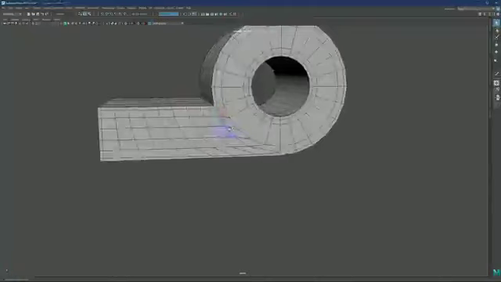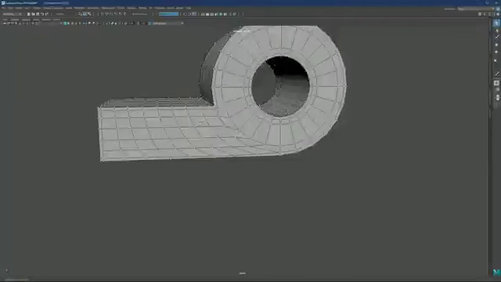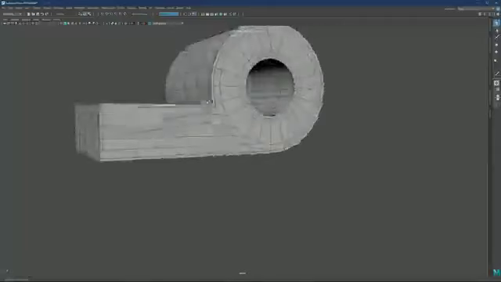So let me just go a couple of steps back, and let me now just remove a couple of edges here. This can be removed as well.